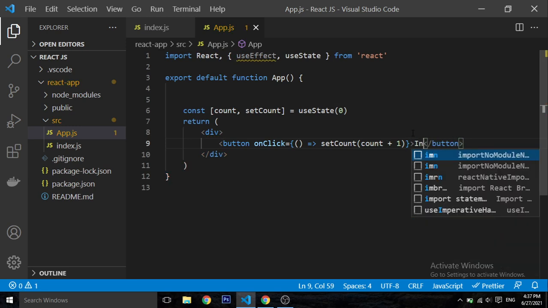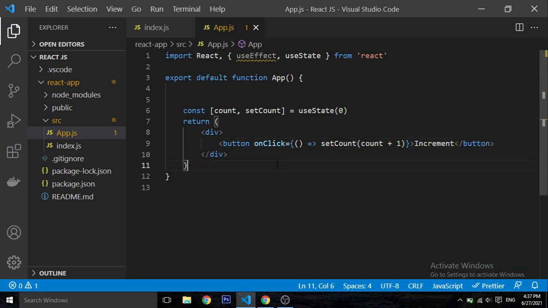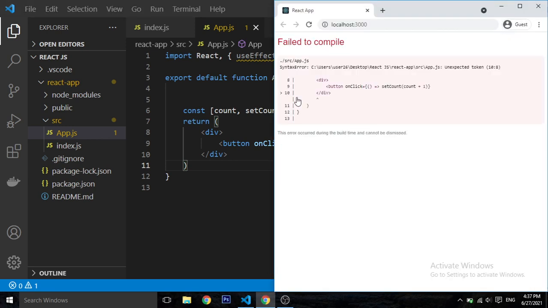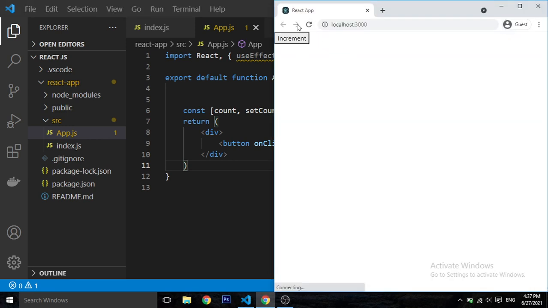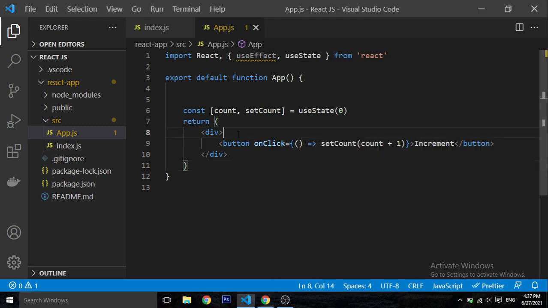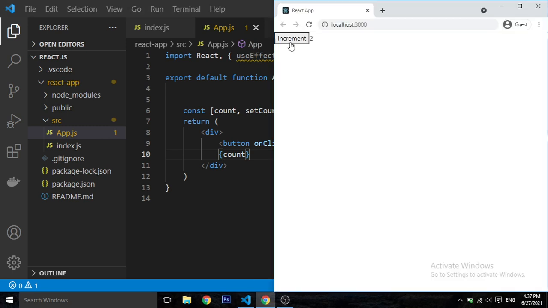Let's just type increment. If I open our app now, as you can see, everything works fine, but let's print that out so we can see what we're doing. So 1, 2, 3, 4, as you can see, everything works fine.